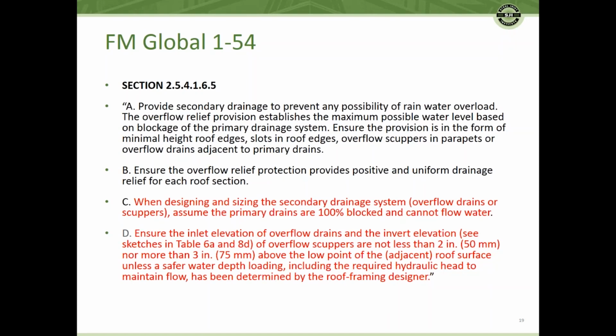Ensure in item D that the inlet elevation of overflow drains and the invert elevation of the overflow scuppers, and they have some sketches, are not less than 2 inches nor more than 3 inches above the low point of the roof surface, unless you do a very special analysis, which it goes on to say. I think the 2 inches